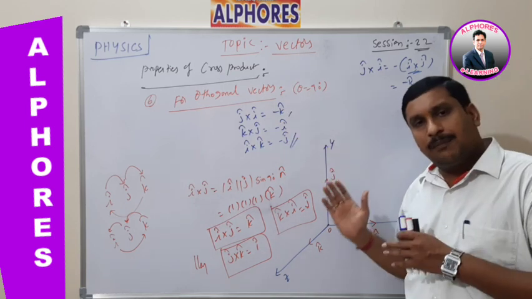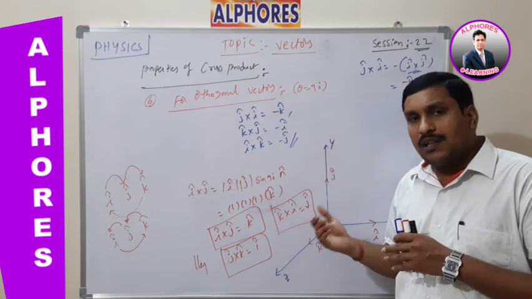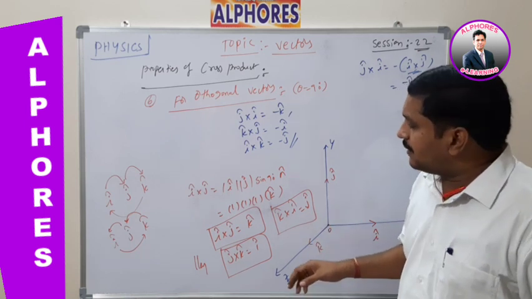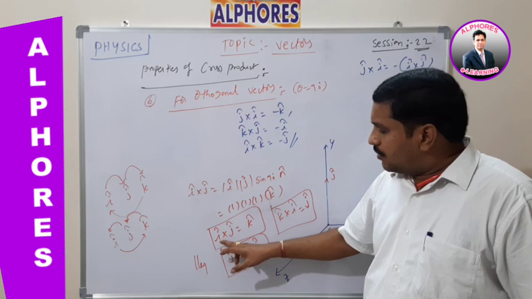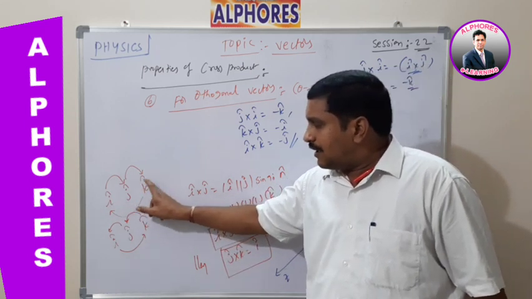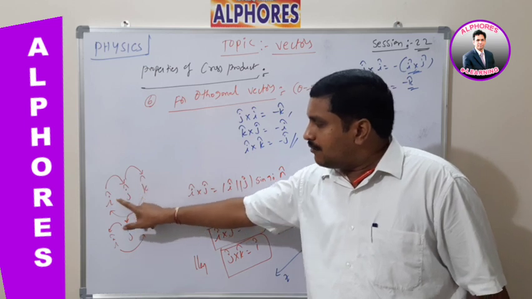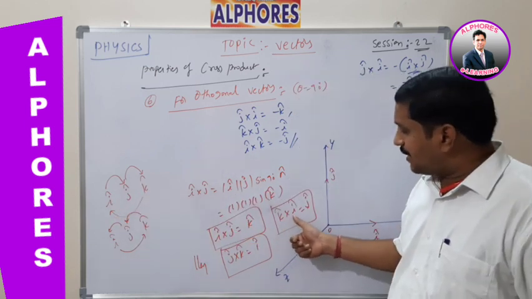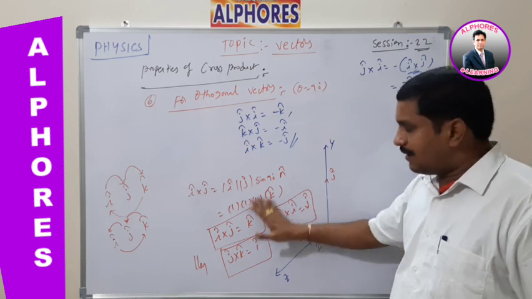Okay. So this is the method to find the cross product of two orthogonal, perpendicular unit vectors. Please listen carefully again, I have to explain. So what is the value of i cap cross j cap as per this relation? i cap cross j cap is equal to k cap. Again, j cap cross k cap is equal to i cap. Again, k cap cross i cap is equal to how much? k cap cross i cap is equal to j cap. Okay, this is the relation.